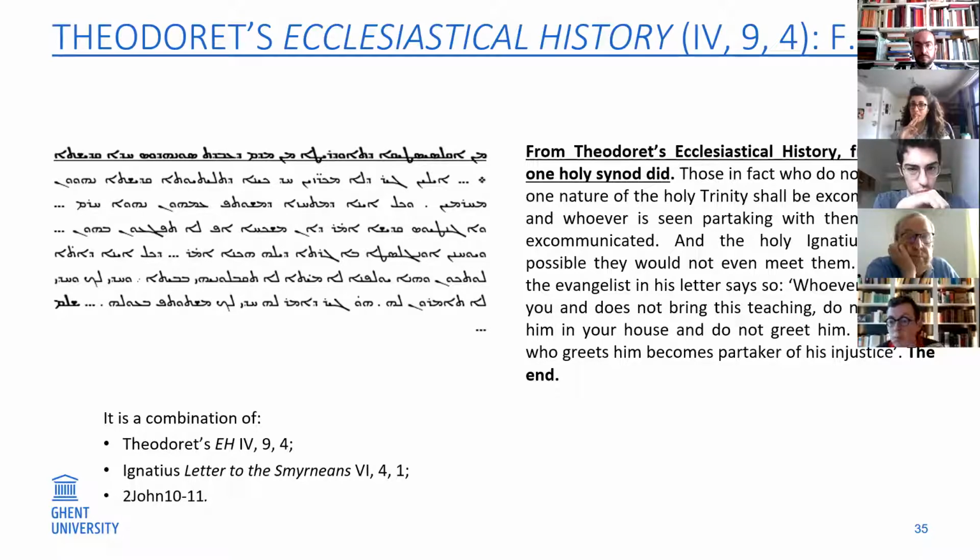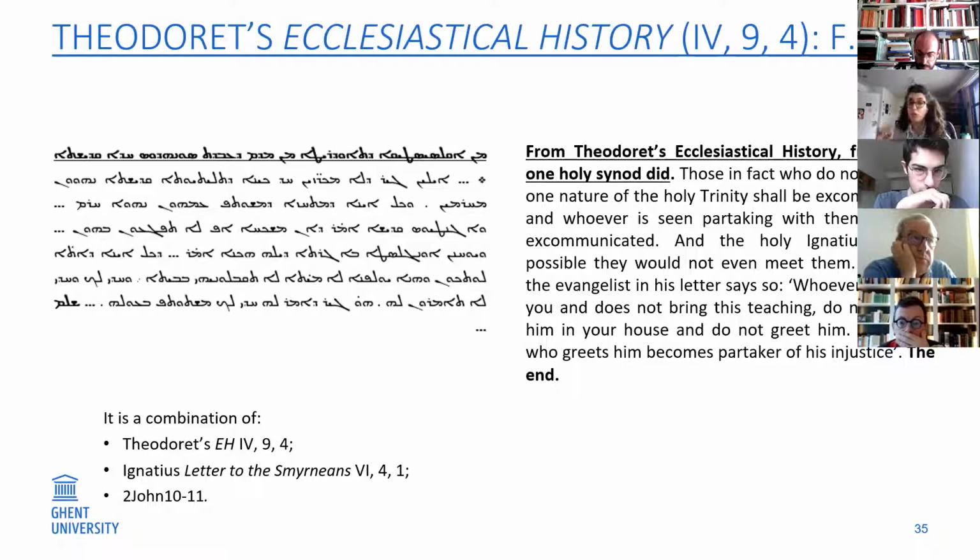In the catalog, it says to be unidentified, and actually, as such, it is not extant elsewhere, because this is a combination of a small passage from Theodoret Ecclesiastical History, book 4, chapter 9, paragraph 4, with a quotation, let's say, from Ignatius' letter to the Smyrnians 6:4:1, and again to John 10:11. So let's read the